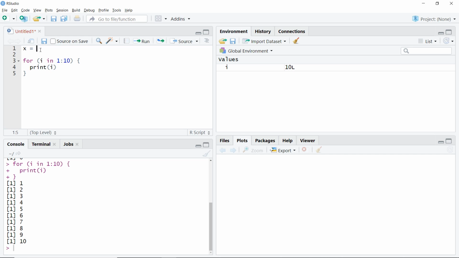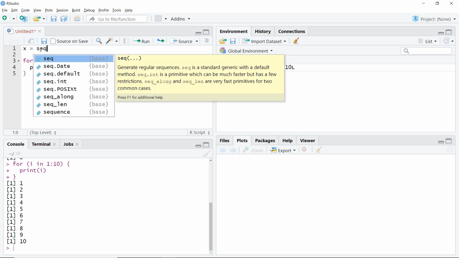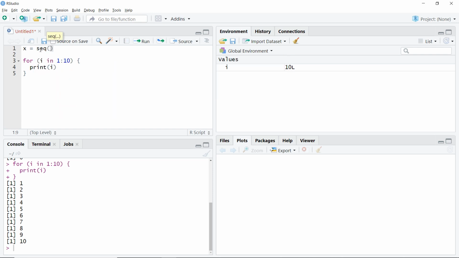So let's say x is a sequence that starts from 0 and goes till 5, and the difference is 0.5.